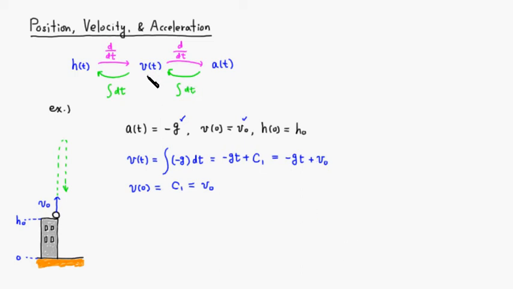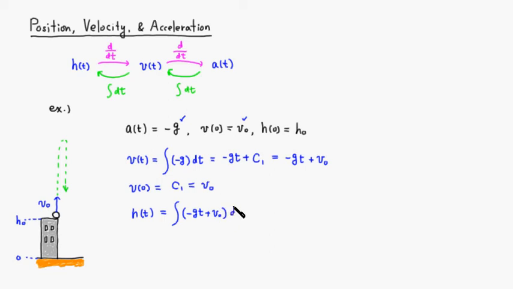Once we got to a velocity function, we can do the same step to go to the position function, or height function in this case. So h of t can be found by simply taking the antiderivative of the velocity function, which is negative g times t plus v0,